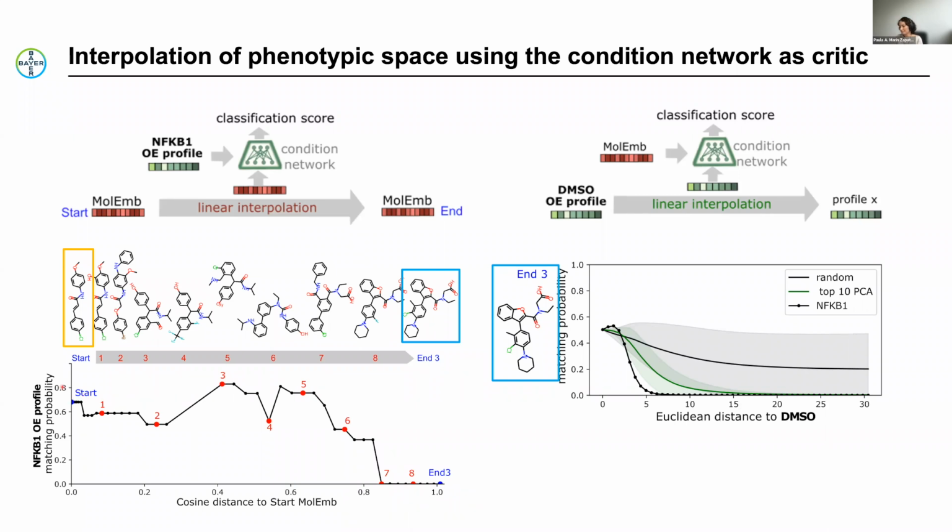And we see that we get very similar results, although the classification curves for lower activity are more random, also because of the randomness of the end molecule that we picked. And when we do linear interpolation in the morphological space in the opposite direction, we also see that when we move directly towards the NF-kappa beta 1 phenotype, we get a faster decrease in the classification